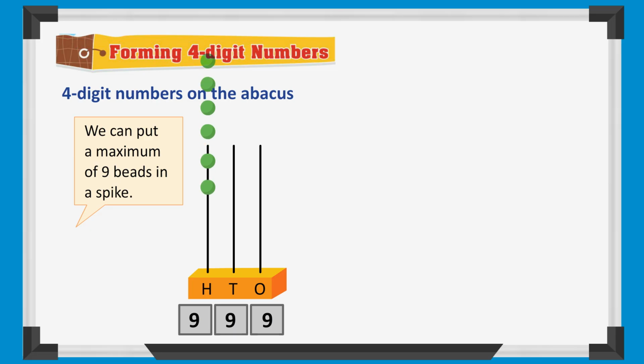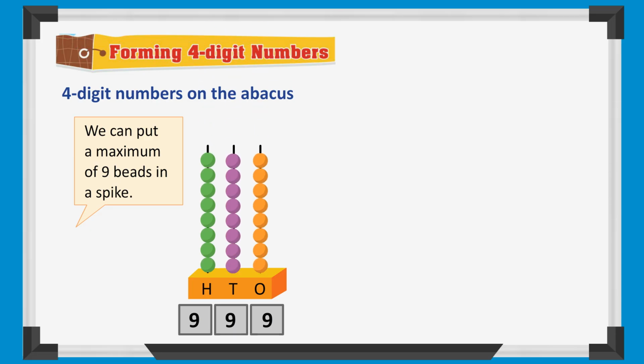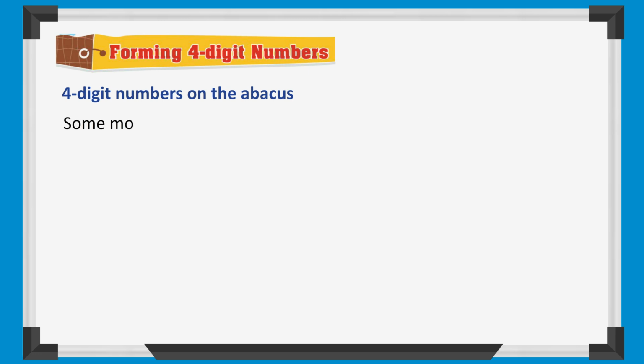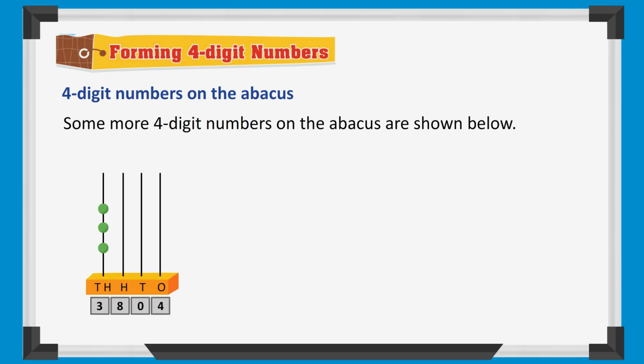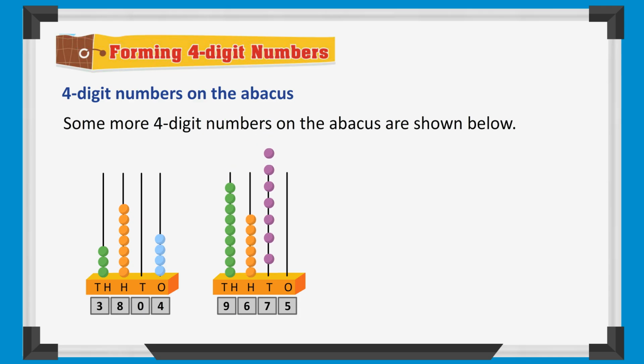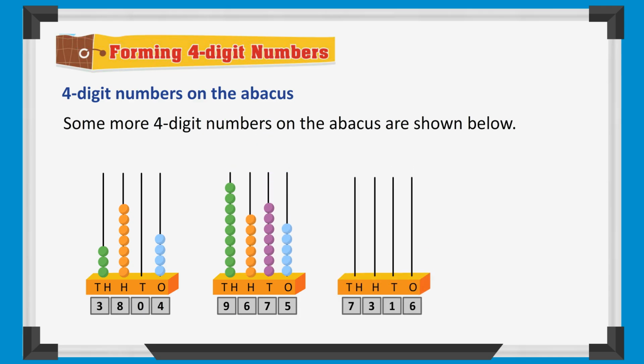We can put a maximum of 9 beads in a spike. Absence of beads in any spike means that the number in that spike is 0. Some more 4-digit numbers on the abacus are shown below. 3804, 9675, 7316,